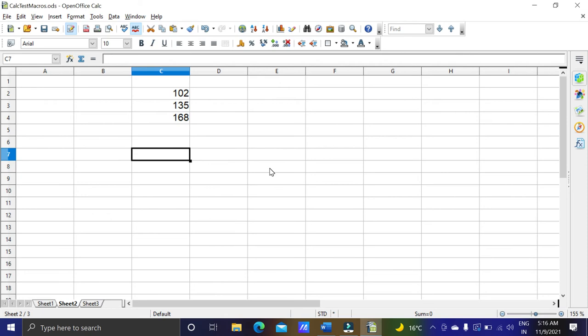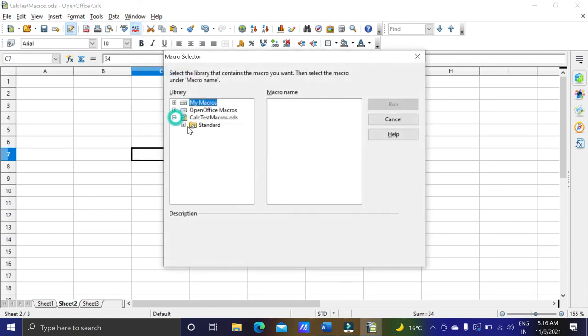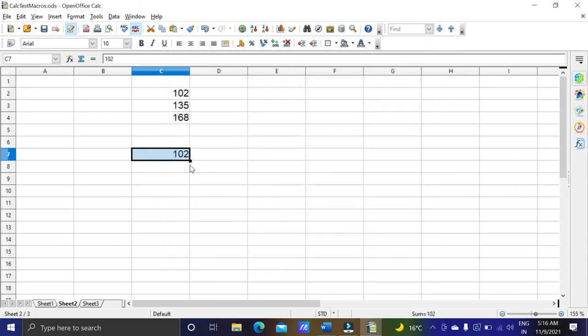But if I use the macro here, it is not going to work. 34, and again I am going to tools, macros, and then run macro. Here it is our macro main, and then run. It is not going to change.